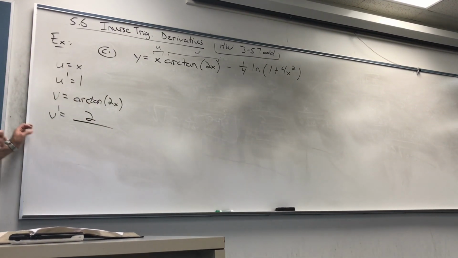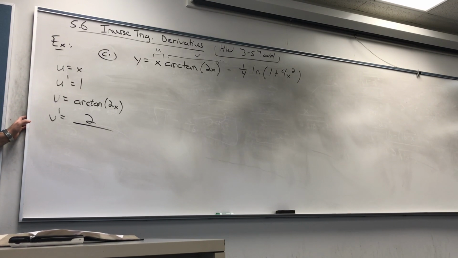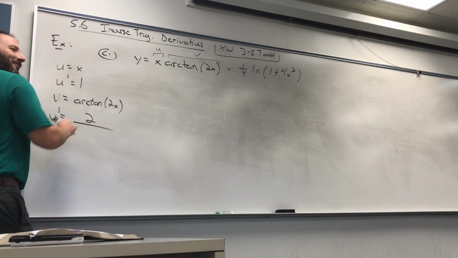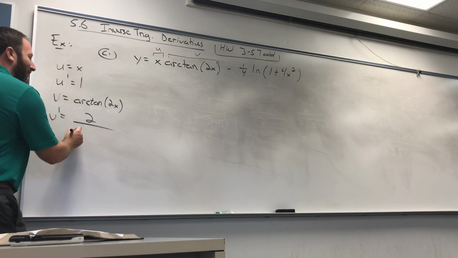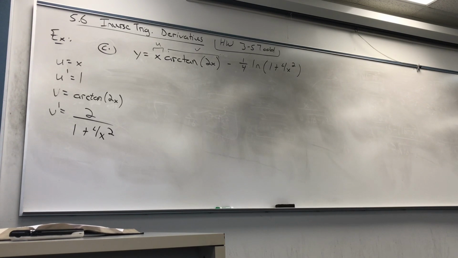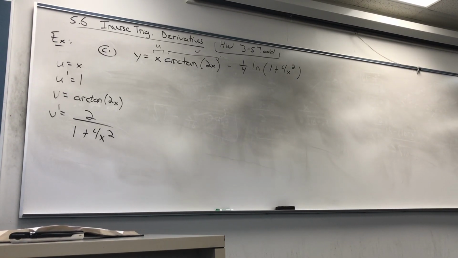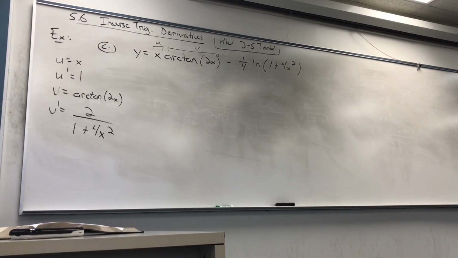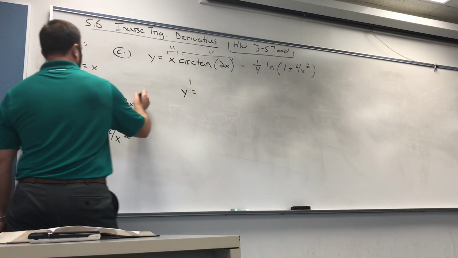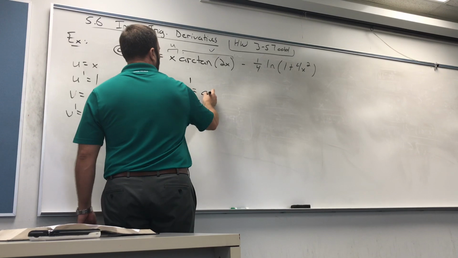What are we going to have on the bottom? 1 plus, what's 2x times 2x? 4x squared. Good. 1 plus 4x squared. Cool. All right. So we got that. That's the calc part, though. Algebra. Hooray. So these two would be arctan 2x